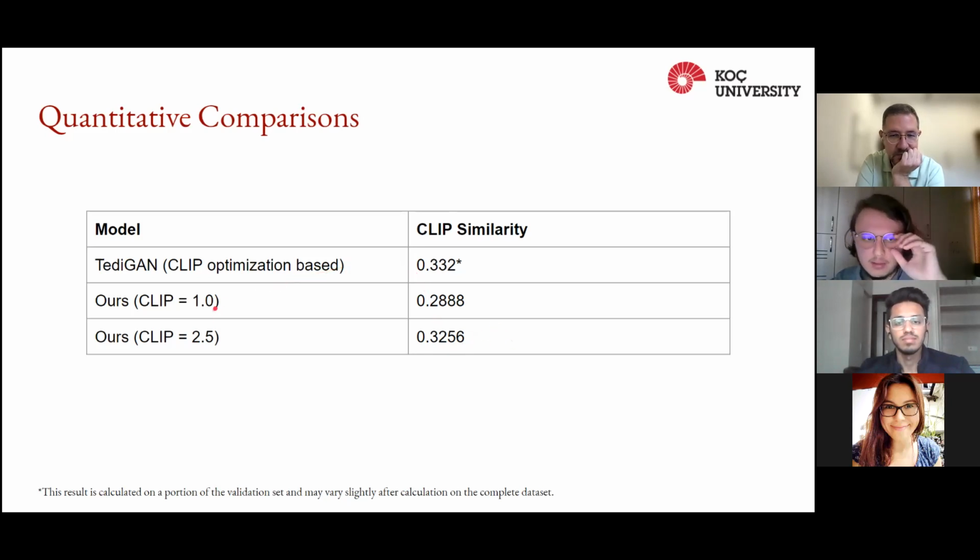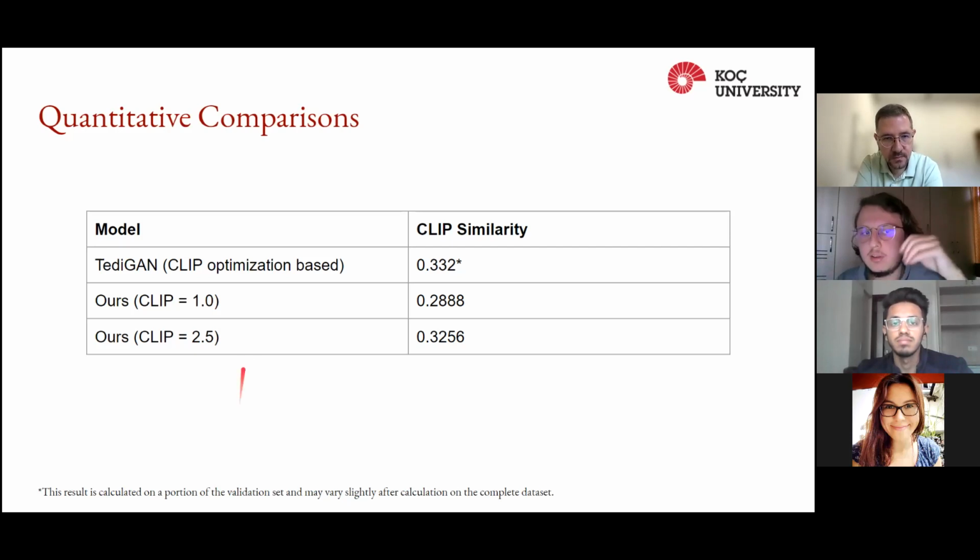So yeah, if we increase the clip weight, obviously the clip similarity increases, and it's quite similar to the StyleGAN clip optimization based model, which is higher right now. But this is for a portion of the validation set. So we are not able to check this clip similarity for all of the images in the validation set yet, because an important note to discuss